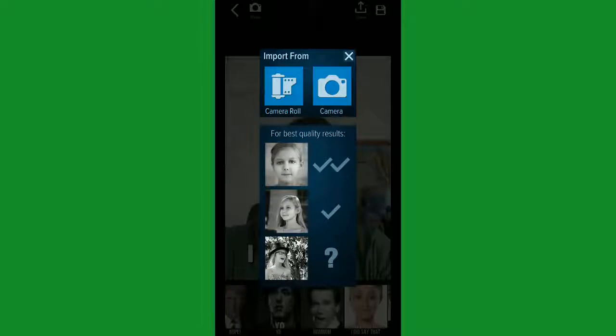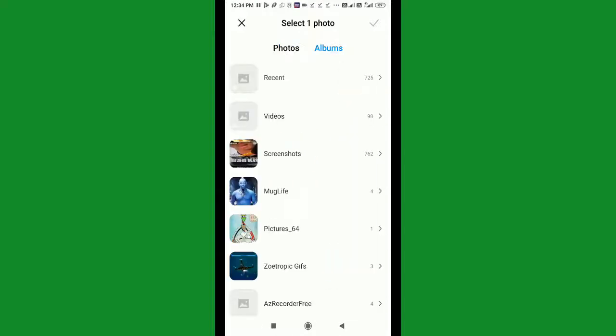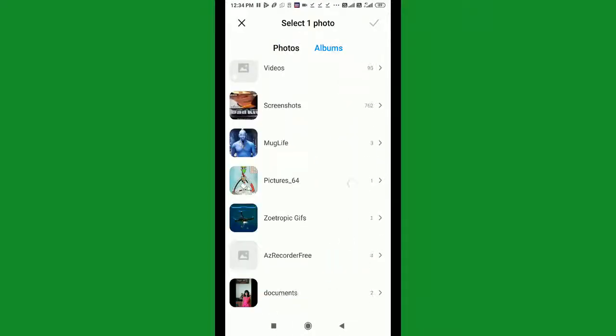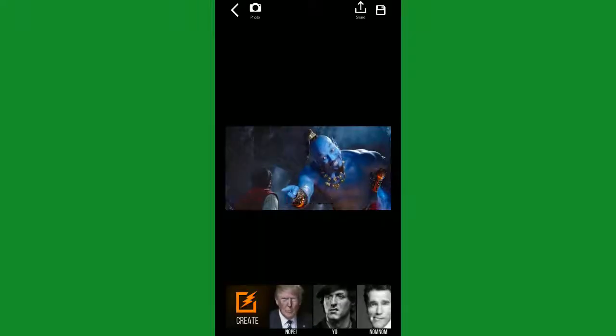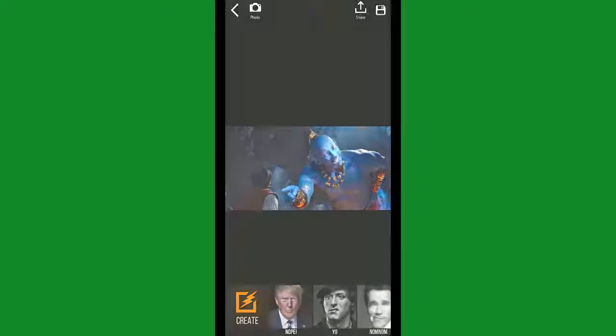And let me take another one from the gallery. I want to take this one. See, this is really a wonderful feature.